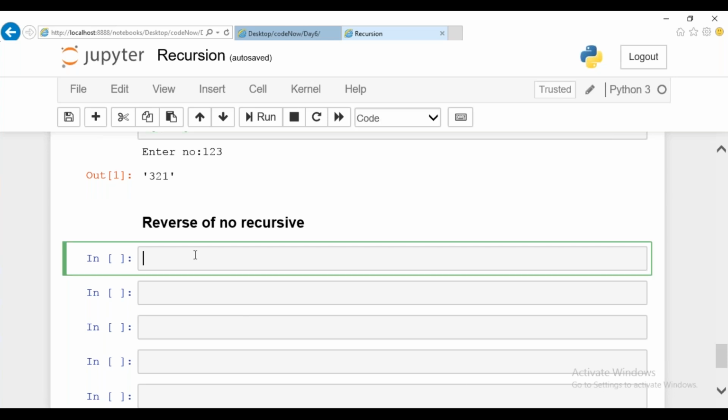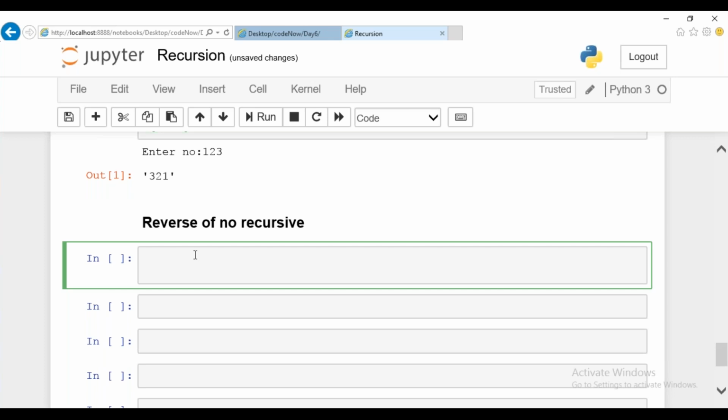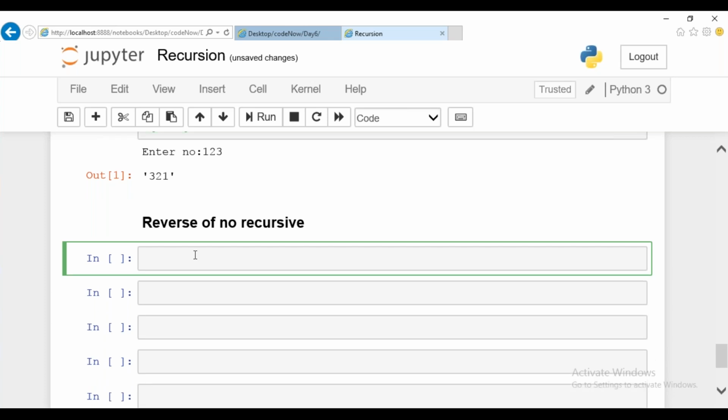So let me have my function name: def followed by reverse digit. This is my function name, where you're going to accept the input value. So we'll have a function call here.